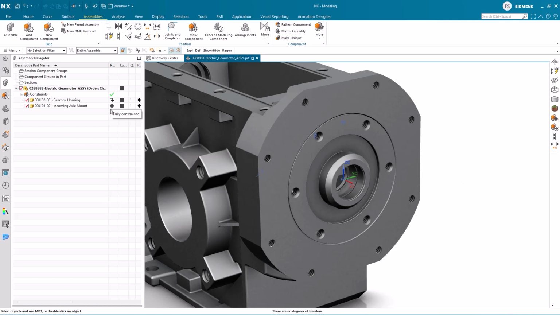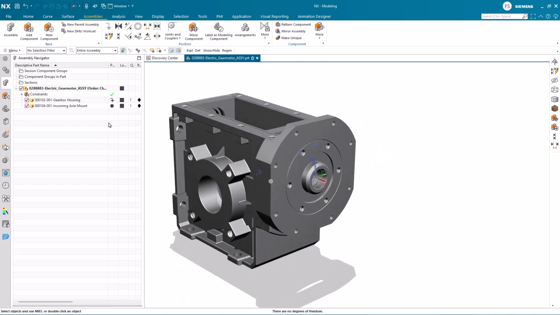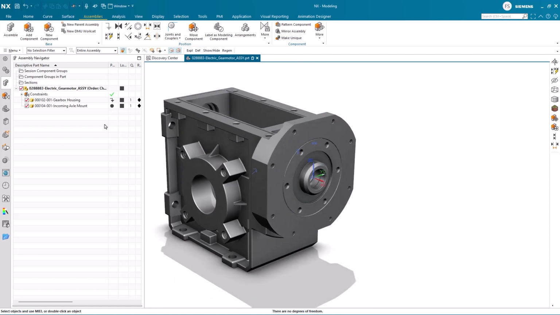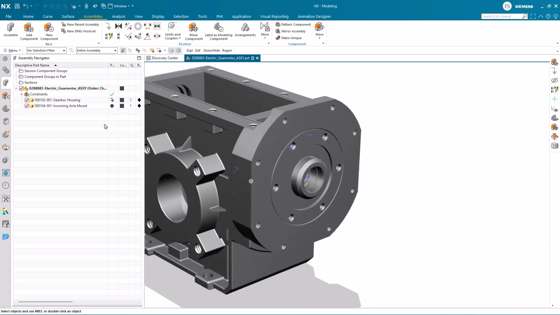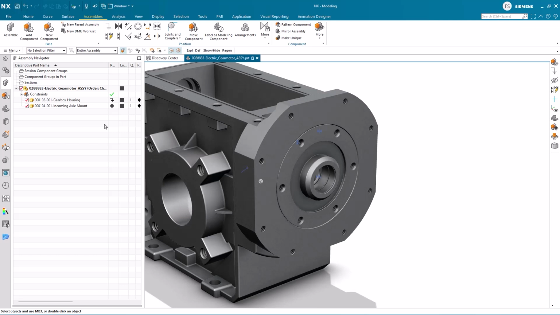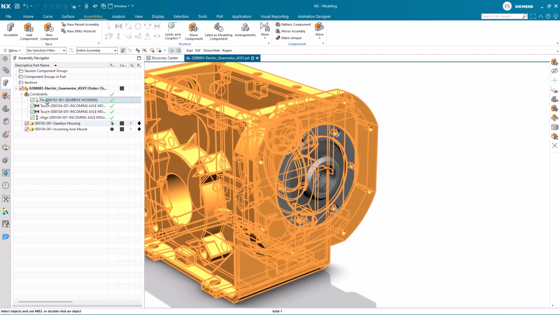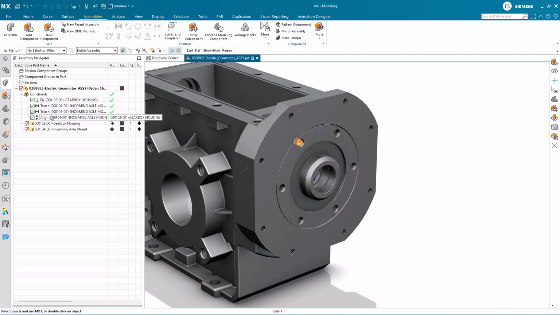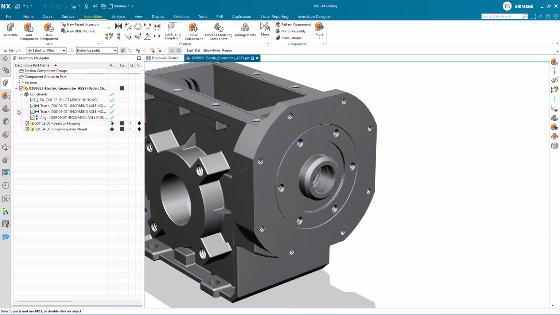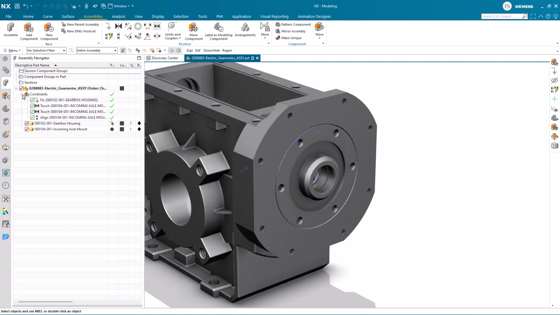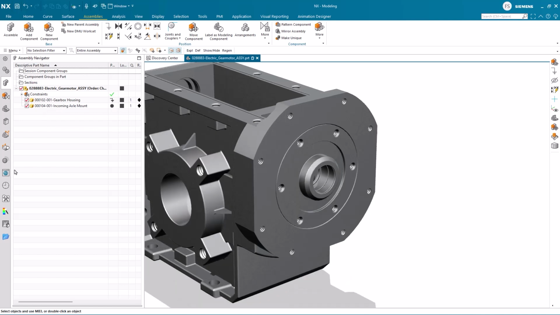So all good here. Looking in the graphical window, we can see that there are small blue symbols that have shown up. These are the assembly constraints that we have been creating. You can select them in the graphical window directly and interact with them should you like. You can also find them in the Assembly Navigator under the Constraints node, where you have the ability to interact and edit them as well. If you think they are cluttering the graphical screen, you can turn them off under the Constraints node by right mouse button click on top of them.